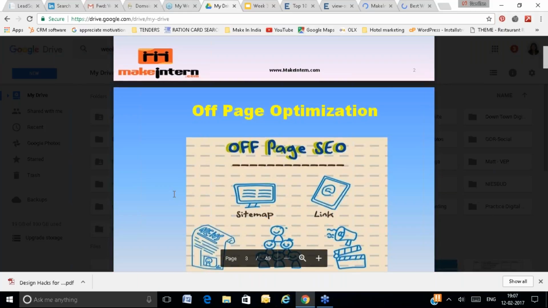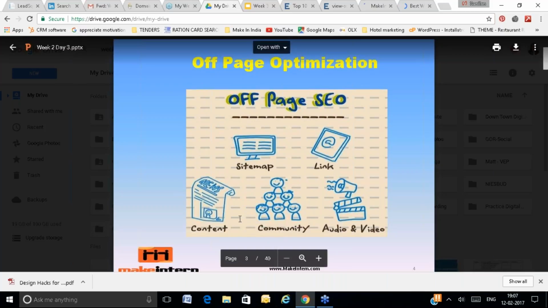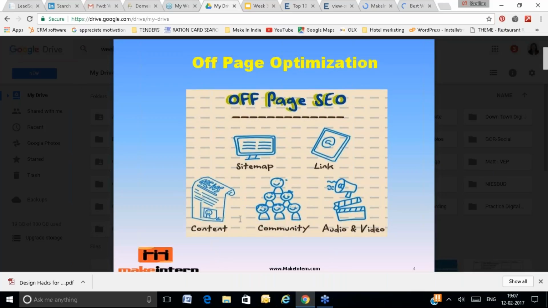Off-page optimization is all about how you are getting backlinks for your website, how you are placing your website link on other websites. You can go to a website, do a blog comment, and place the link. You can go to a video website, submit a video, and place your website link. You can go to another website and create a profile. While creating the profile, you can place your website link. So that will be a backlink. You can go to a forum, answer questions, and place your link. So there are many ways to get a backlink.